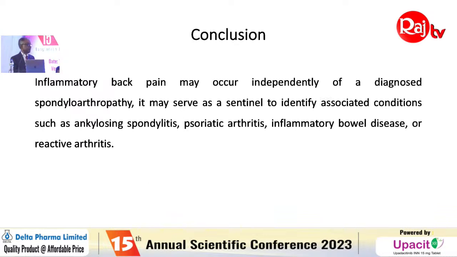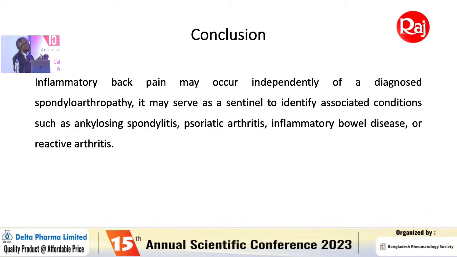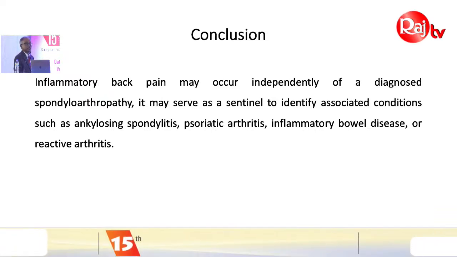So in conclusion, Mr. Chairman, sirs, I would like to say that inflammatory back pain is a very limited group of patients among the huge vast majority of low back pain patients. So once there is a patient we get to evaluate or diagnose, then we have to go very systematically from history, physical examination and laboratory investigations, and according to that Berlin algorithm we can reach a definitive diagnosis. But still one thing is very important, not all inflammatory back pain are